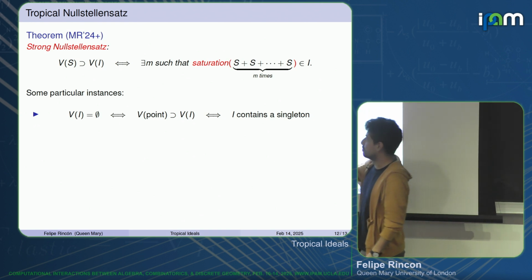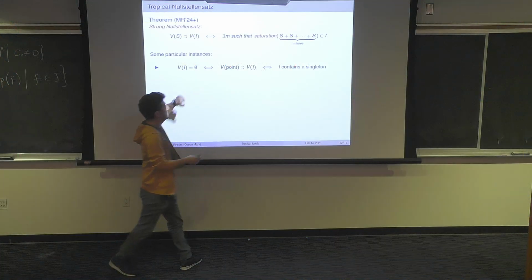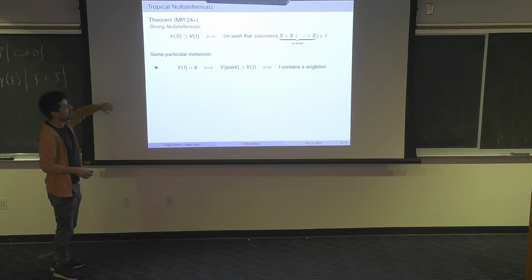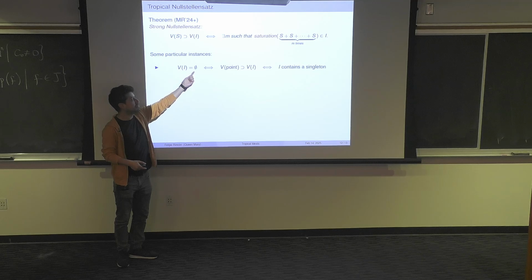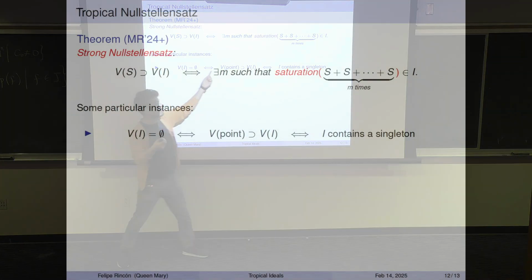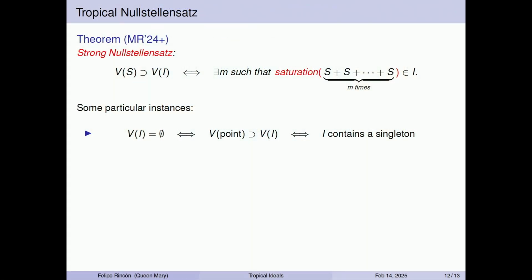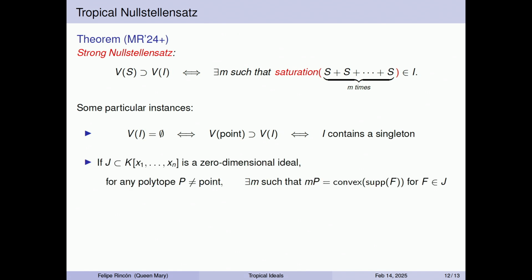Yeah, this specializes to particular instances, things that we have seen, for instance, in other talks, that if your variety is empty, then it has to contain a singleton, and that's a special case of what is there. Maybe not go into details. It implies things that are not trivial about classical ideals. So for instance, if you take a zero-dimensional ideal, a usual one with coefficients in a field, then it turns out that you can prove that